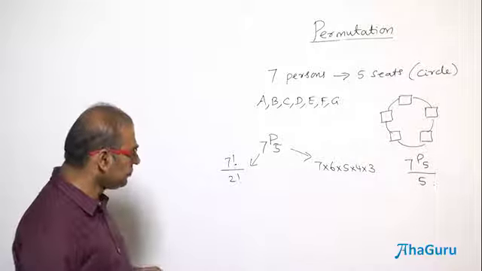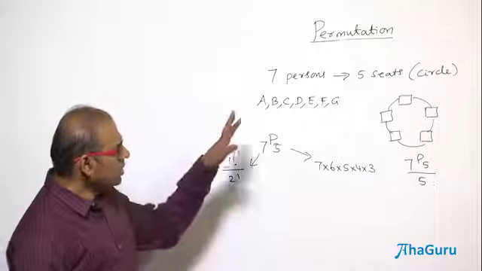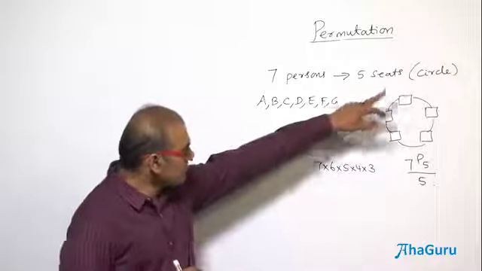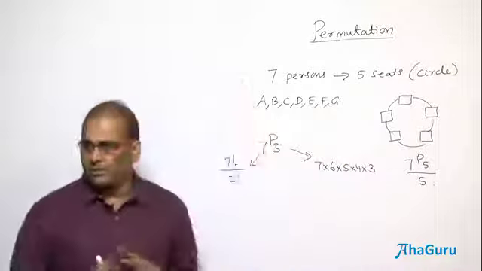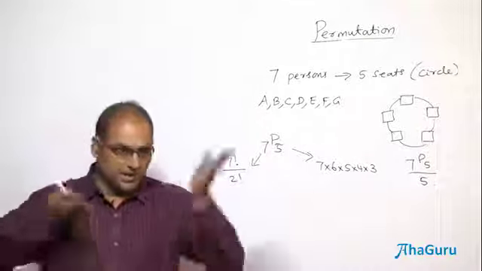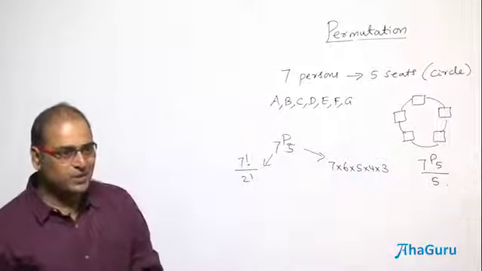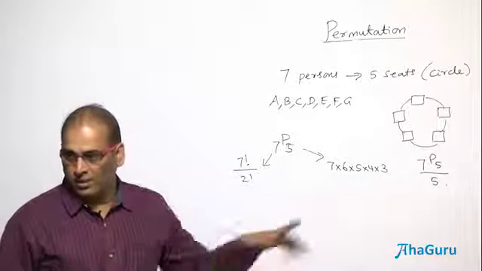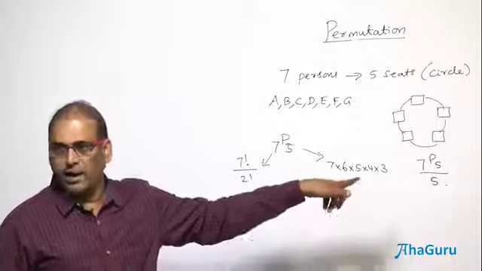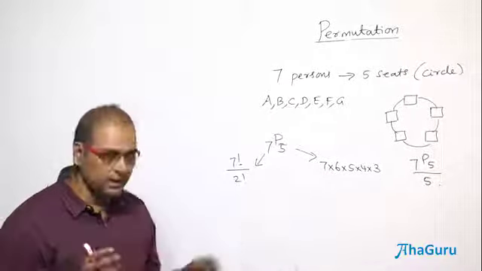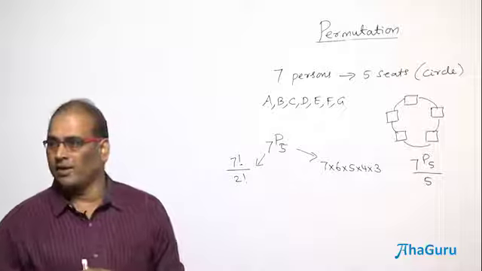So I am going to tell you some interesting idea. We have got 2 routes in which we can look at this 5 seat circular arrangement occupied by 7 persons. One is, you see the linear, then how many linears will reduce to circular. So that route we took, correct? I am going to take another route, but if I take another theoretical route, the result should be the same. Are you able to understand?